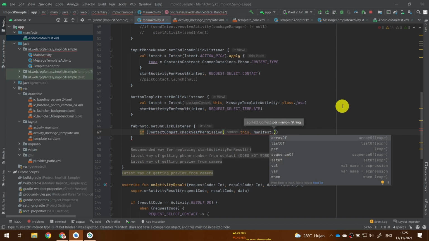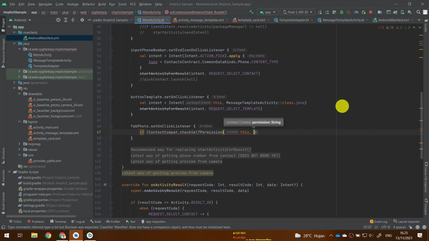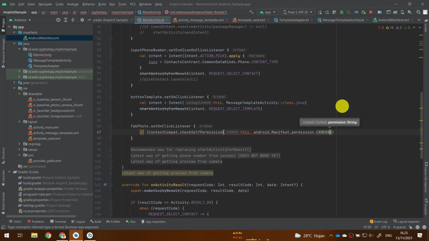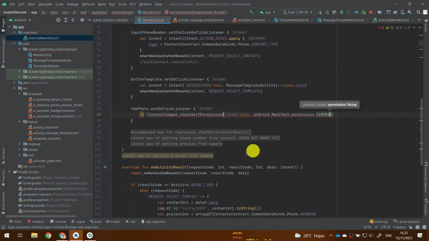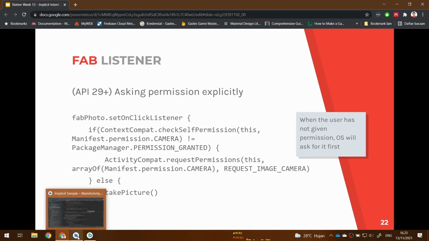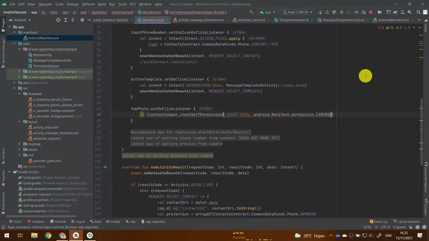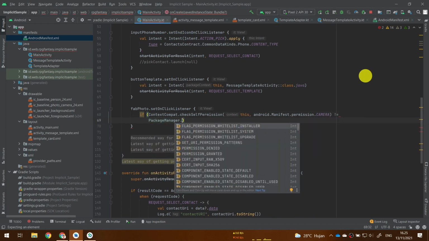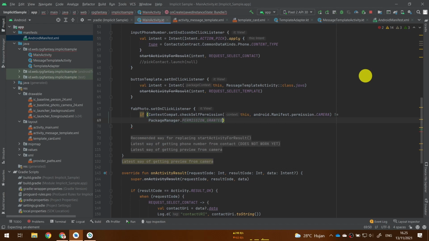Not the Java util, please import the Android manifest instead. Manifest dot permission dot camera, and then let's compare it to package manager dot permission granted.